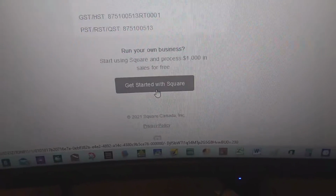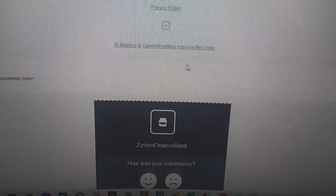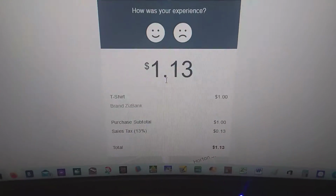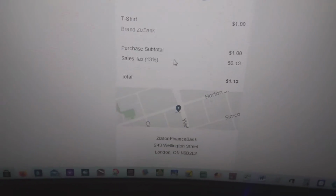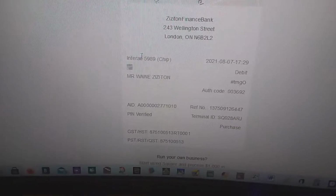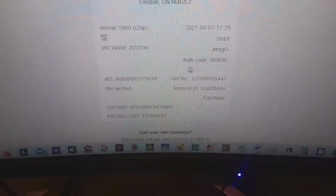You can see there, this is a different process we have. Of course, initially I went and generated that much there, 1000. Of course, you can see just $1. I pay $1 using RBC Bank. I withdraw the money from my debit card, and then you can see there, this is the Interac debit chip, and that's my name there, and then the authorization